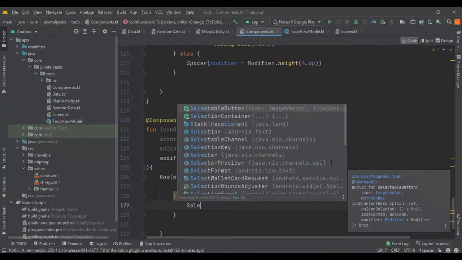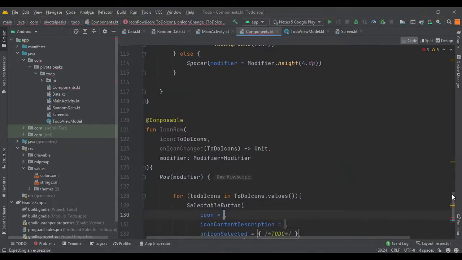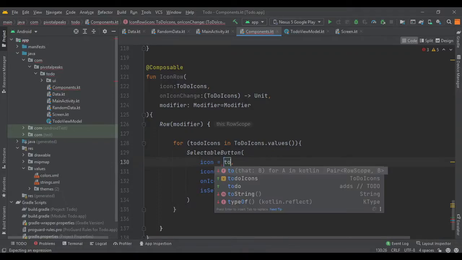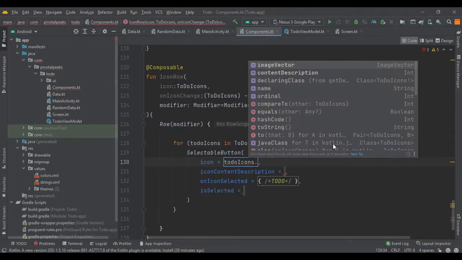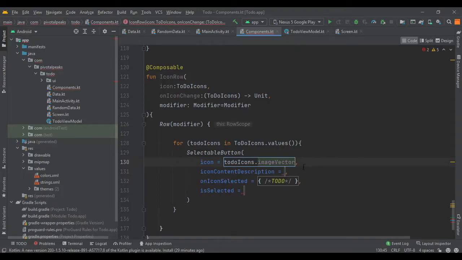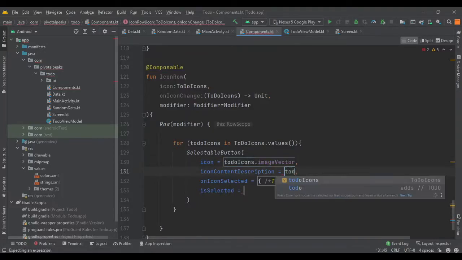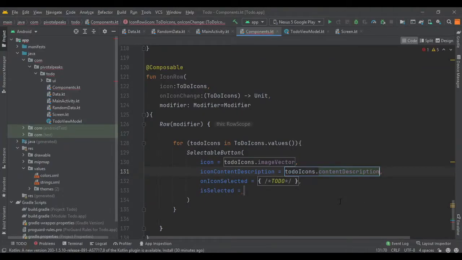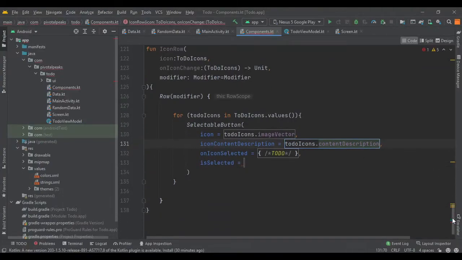So selectable button, and let's assign the icon to toDoIcons dot imageVector. For icon content description we need to pass the same, so toDoIcons dot contentDescription, and on icon selected we are going to pass the onIconChange function.